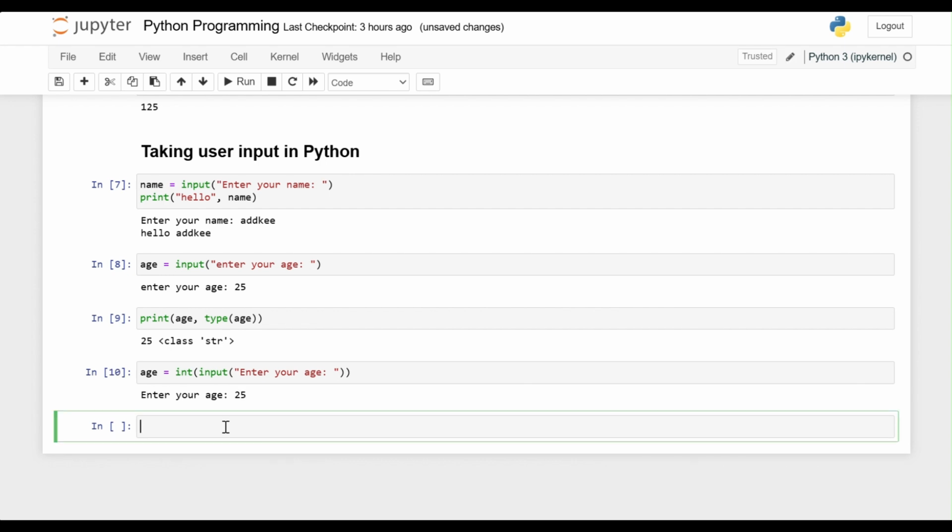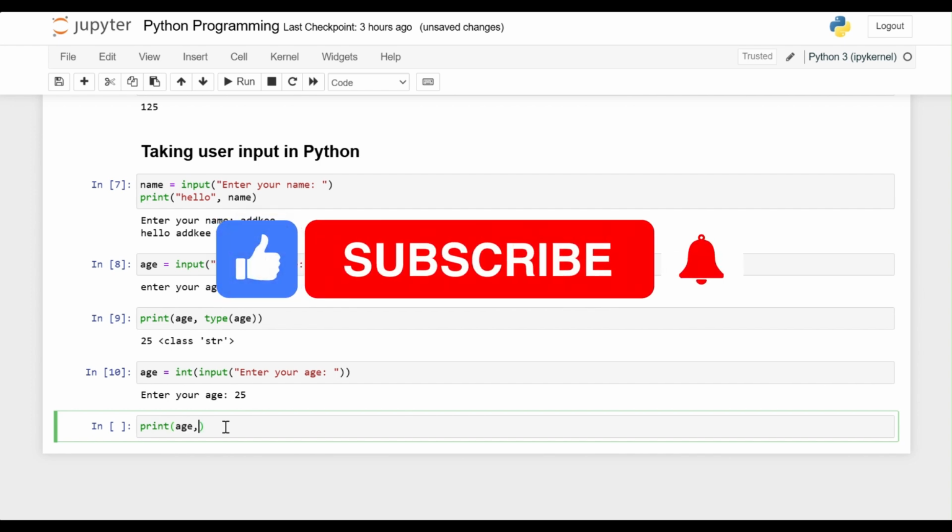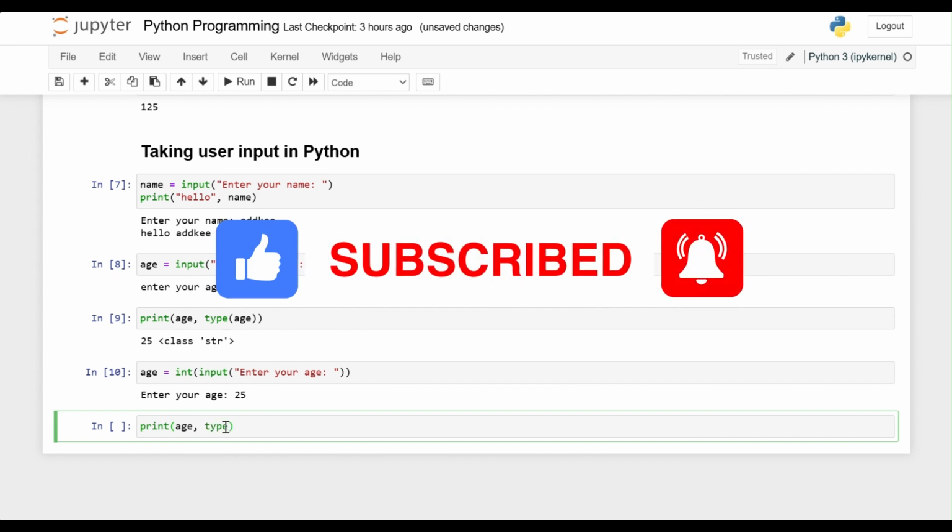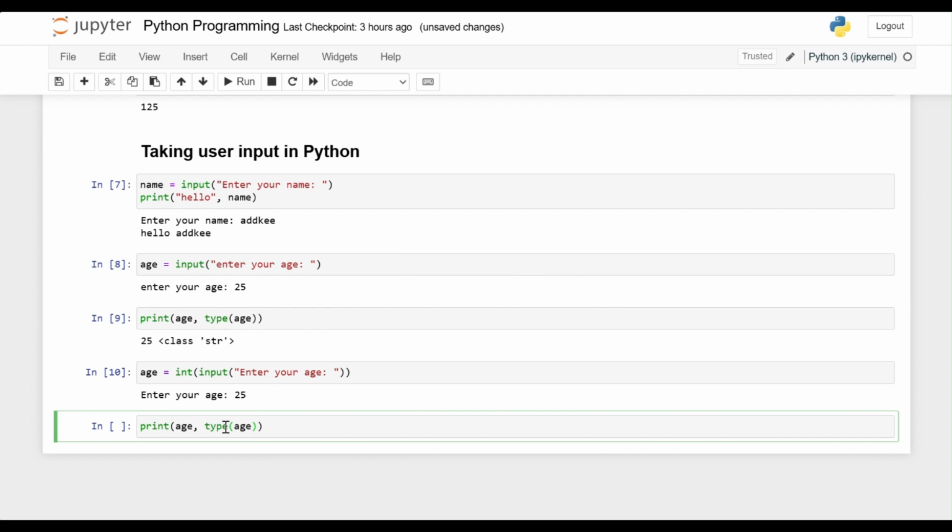Now you can check print age, and type age,